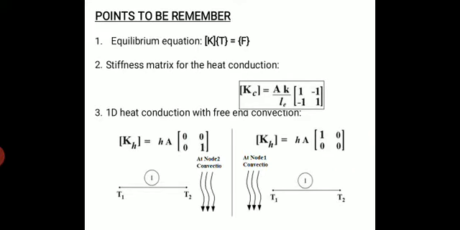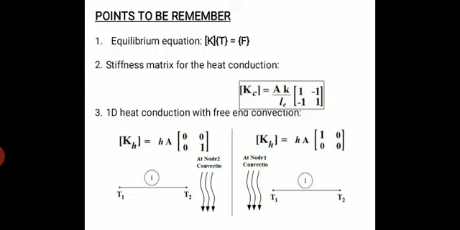Before we start the problem, once again I'll recall the formulae. Here the equilibrium equation is KT = F, where K is the stiffness, which includes the combination of both convection and conduction, an addition of both. So K is the total system's stiffness matrix, and T is the nodal temperatures. Here we need to identify the distribution, meaning at what point what is the temperature rise. That is what T is. T is nothing but a node in our FEM language, but here T is the temperature points, and F is the force.